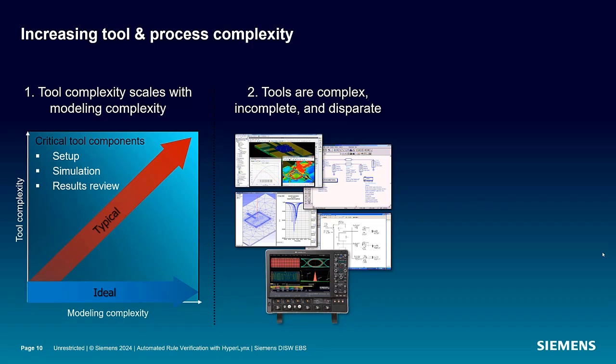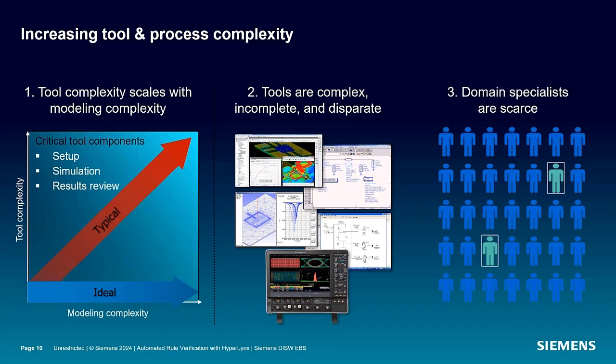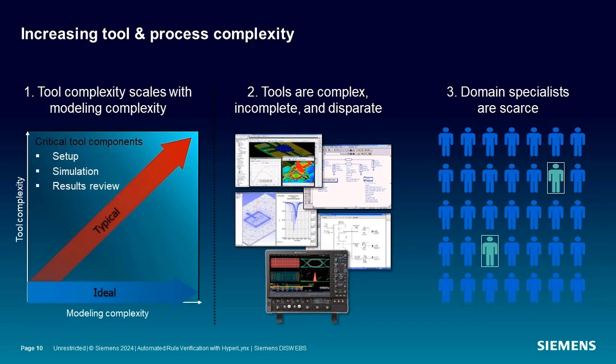The tools used for validation are often uniquely focused on one problem and not integrated, meaning that users have to learn multiple tools and often stitch the results together by hand. And finally, due to the tool complexity and inherent complexity of the problem to be solved, specialists are often used for validation. The problem is that these bright folks are spread thin within engineering organizations, resulting in bottlenecks and incomplete electronic system validation.